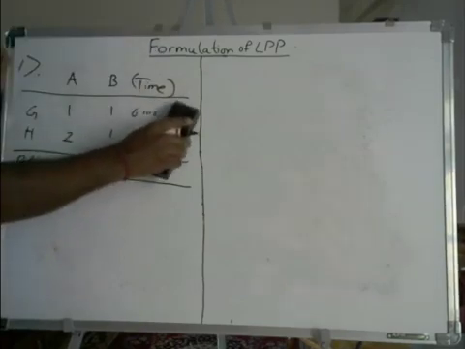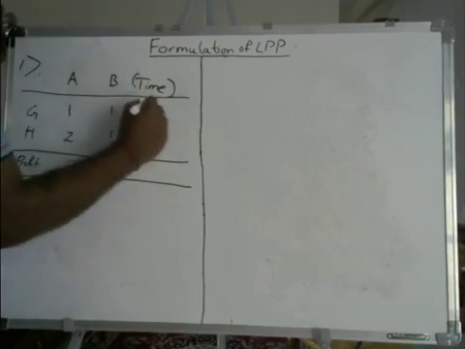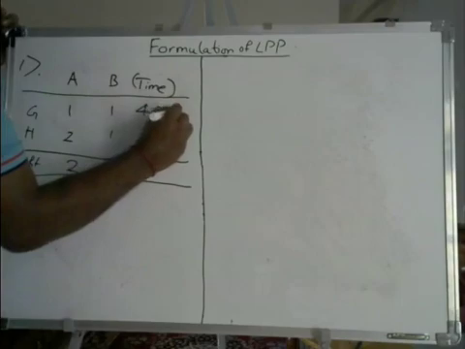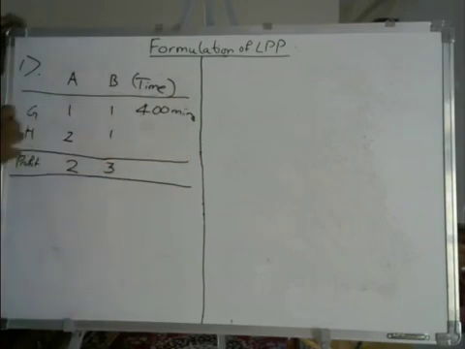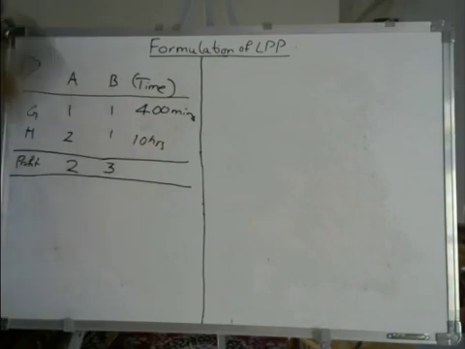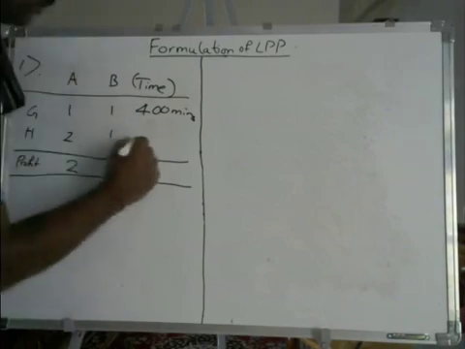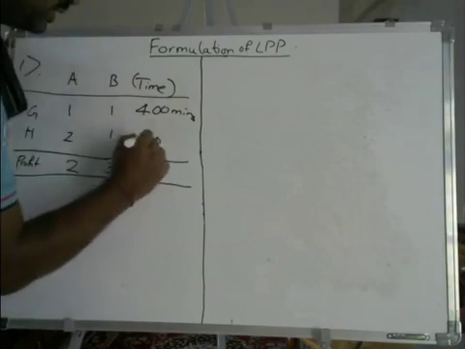400 minutes. So I will write it here as 400 minutes. Similarly, machine H is available for 10 hours. So if I convert hours into minutes, it will be 10 into 60, that is 600